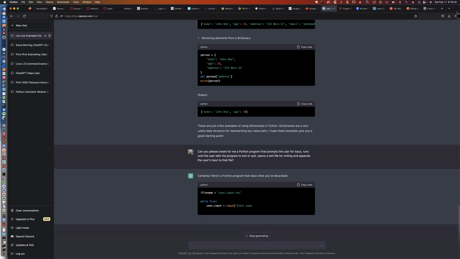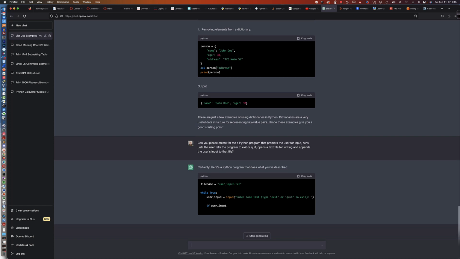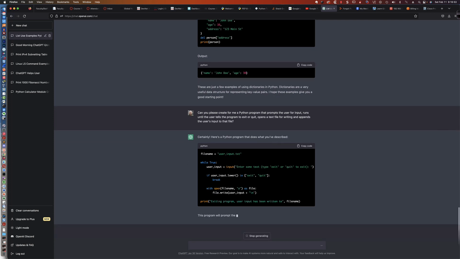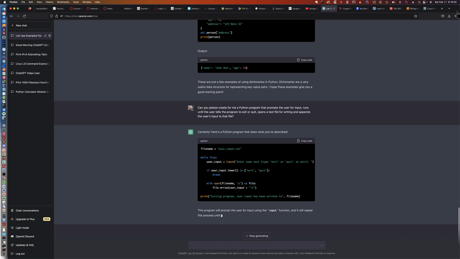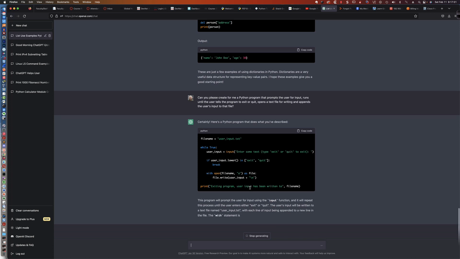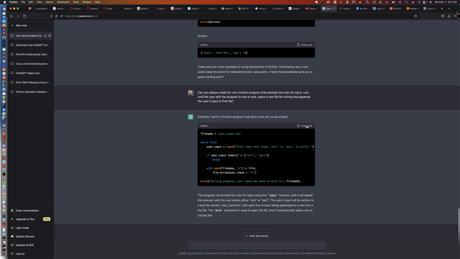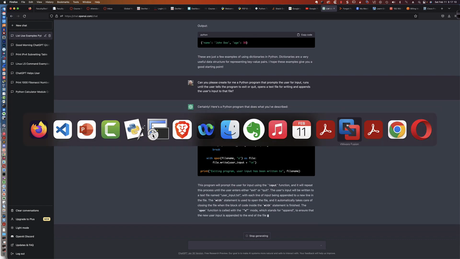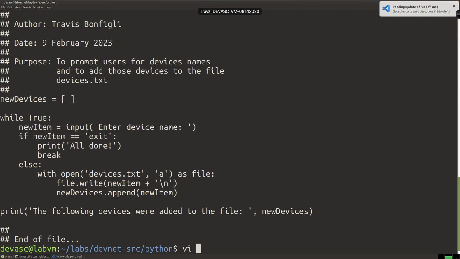And take a look at what this is producing, right? So we get the name of a file, we have our while true, and look at what ChatGPT has been able to produce for us. Now, it even explains to us what the code that it has created is doing. So let me copy that code, and here's what we could do. We'll take a look at the virtual machine here and see what happens when we pull the virtual machine up. I'm going to type in here